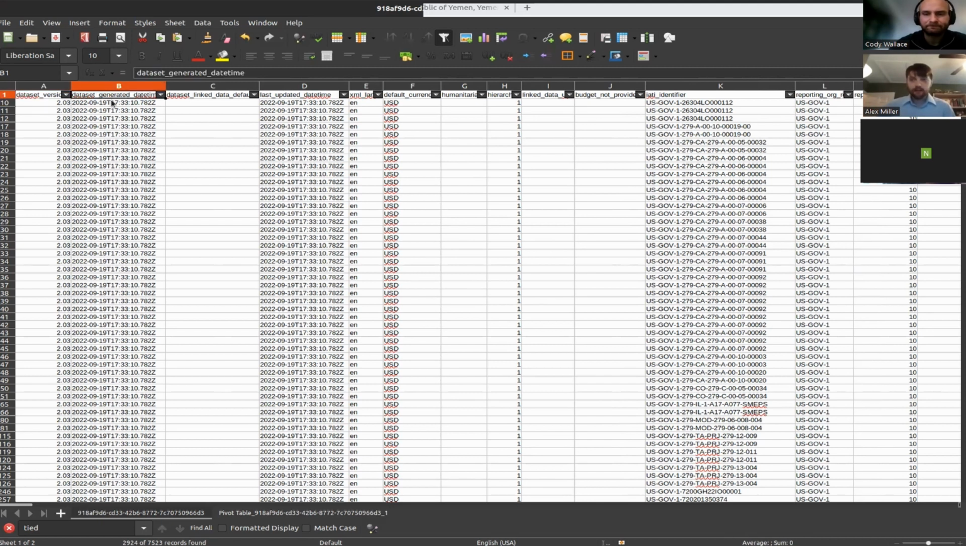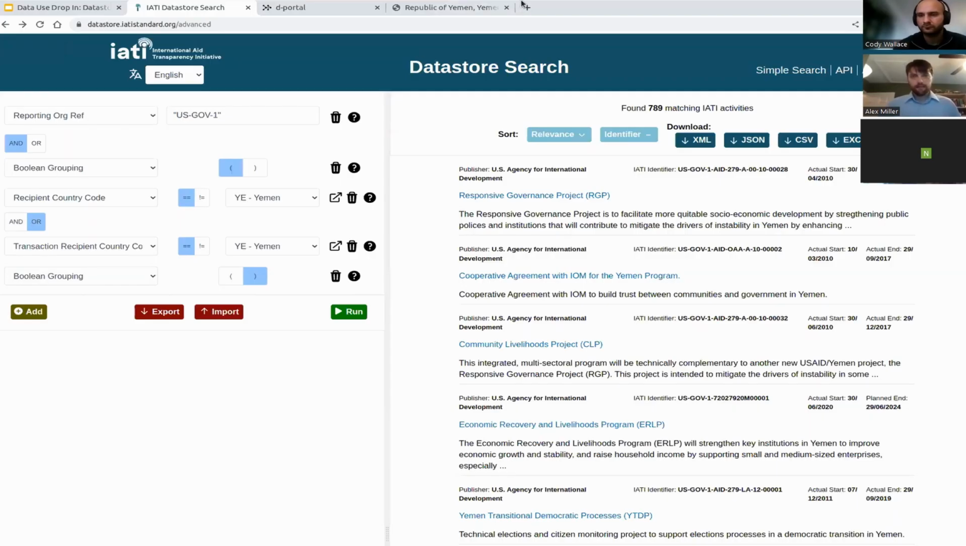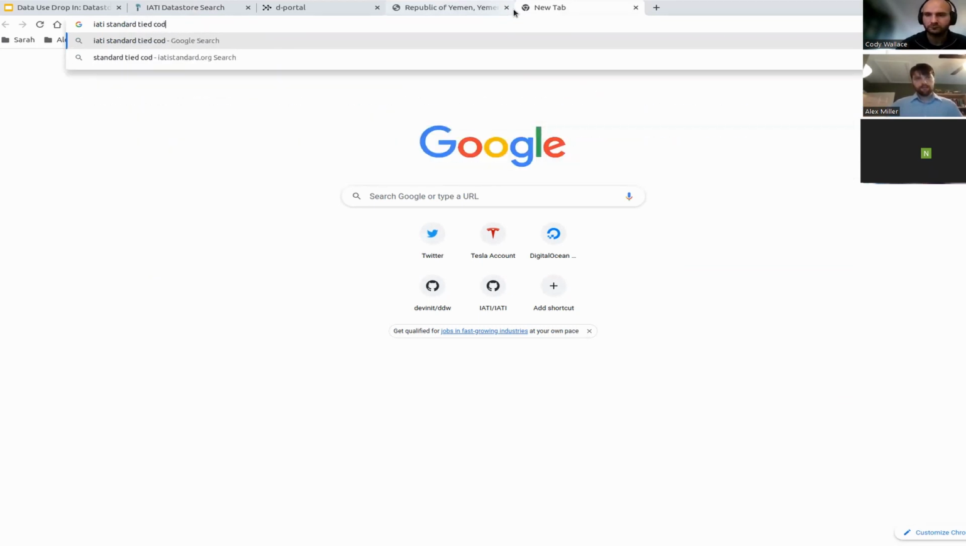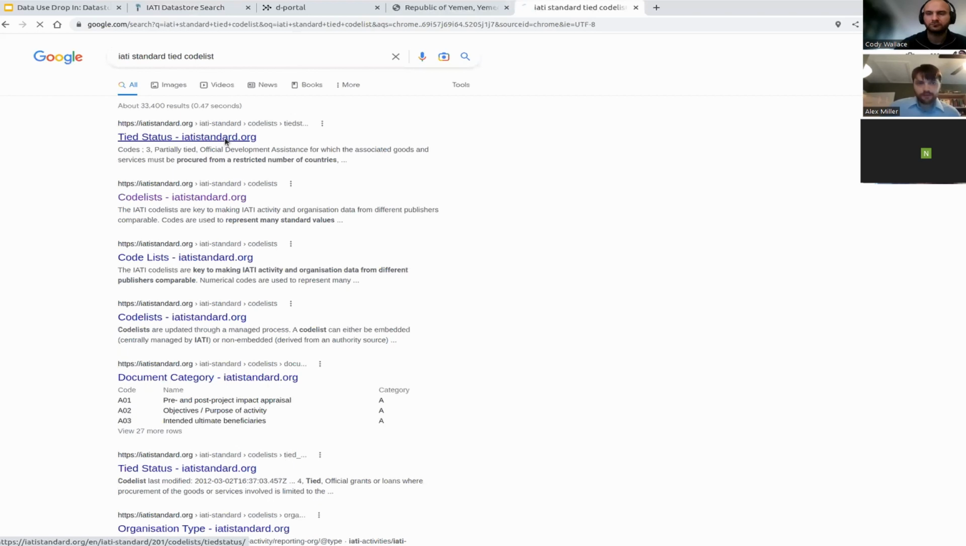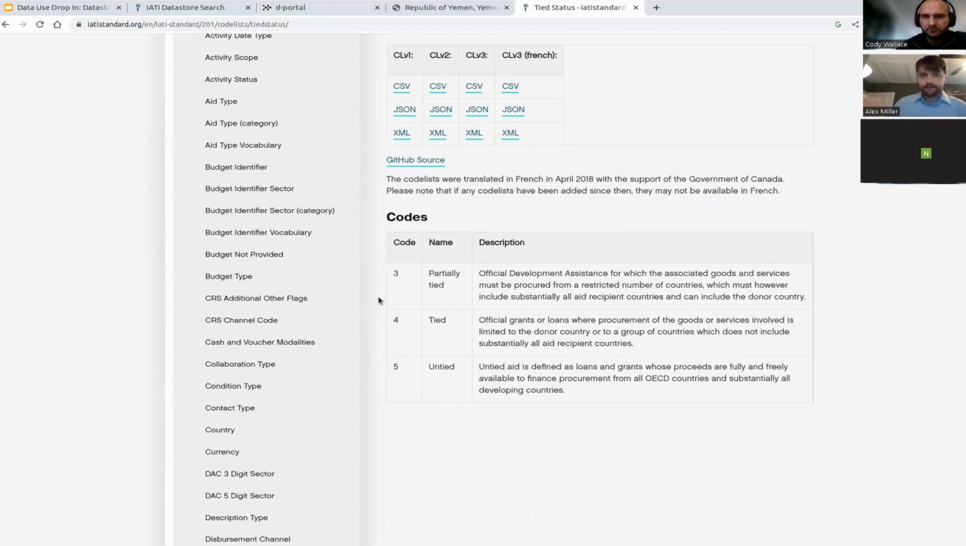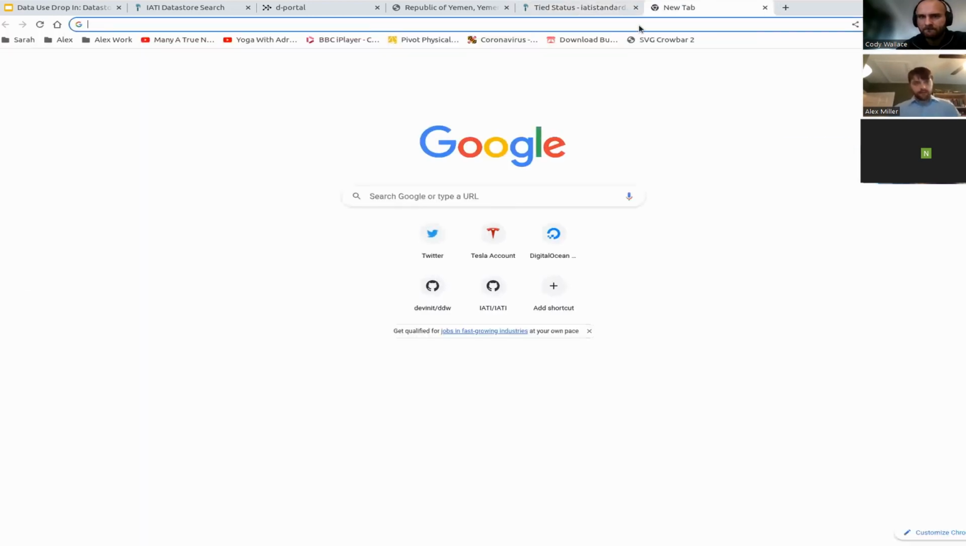Yeah. Sorry, Alex, go ahead. No, that's a good point, highlighting what you said. Say, for example, you wanted aid from USAID to Yemen. It is quite useful to have the IATI standard code lists available when you're working with this data. So this is the tied status, a recent example that came up from a user of the Datastore Search. And let's say you only want untied data. The data within